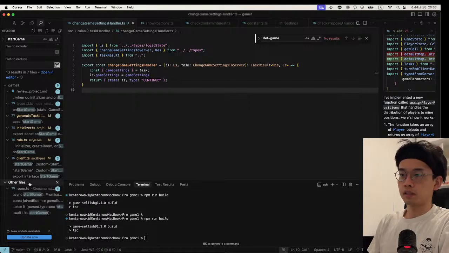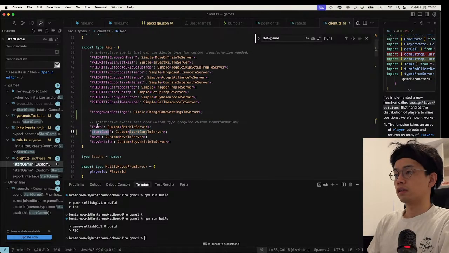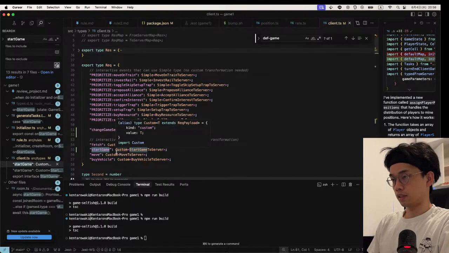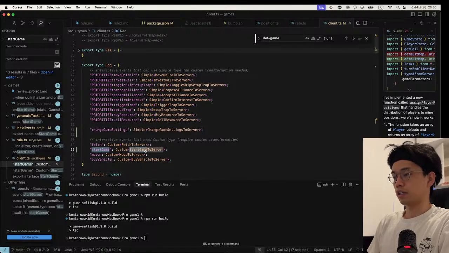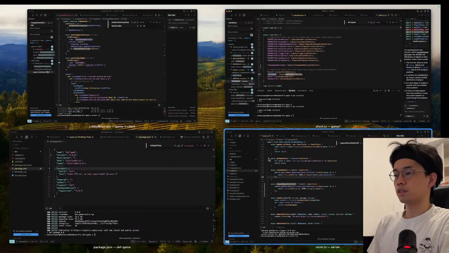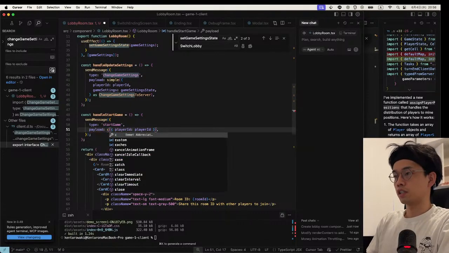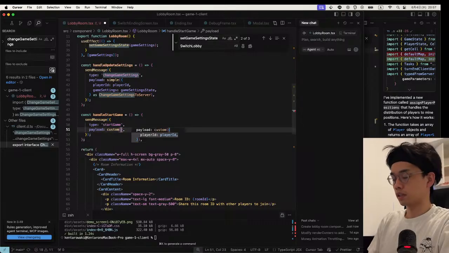Regarding this request, I already defined the request type like this. The name is start game, and the type is custom start game to server. So I can use this on the client side, and I just change this like custom, and the payload is